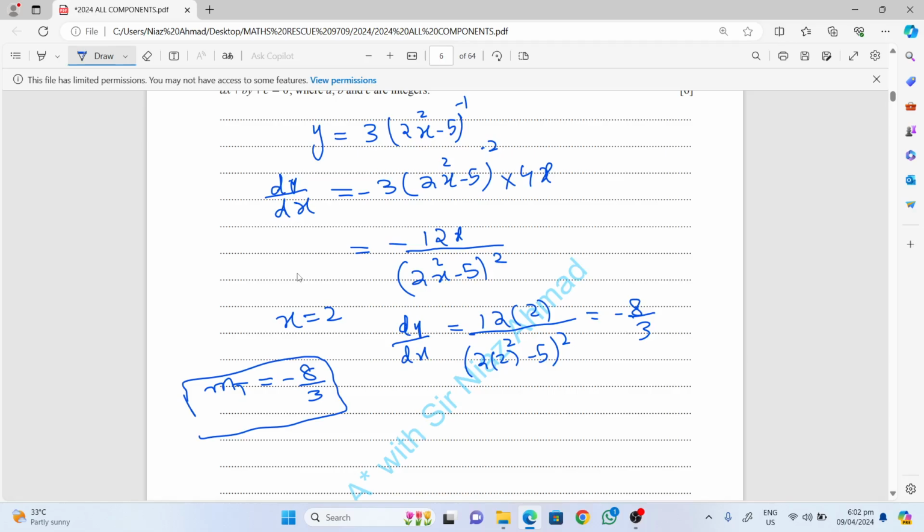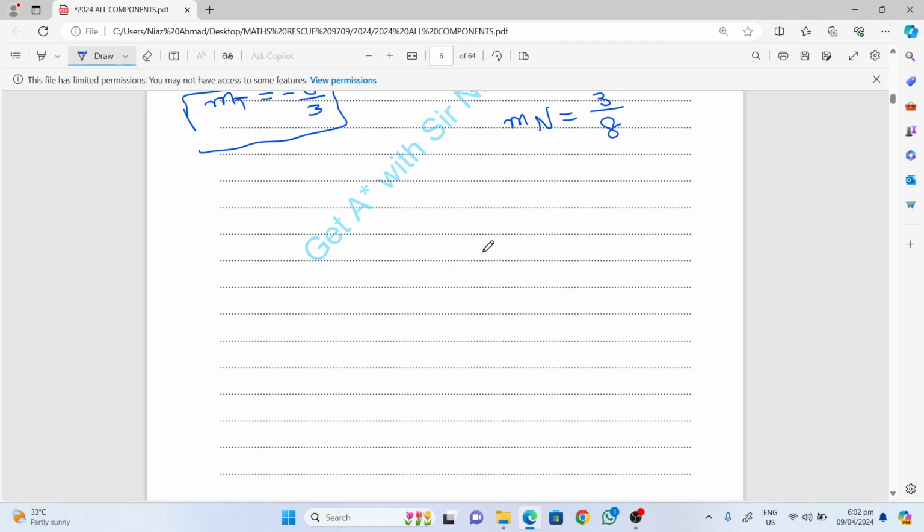For perpendicular, the gradient of the normal would be the negative reciprocal of this, so that would be 3 by 8. To find the equation, we have a point (2, 1) and a gradient, so the equation can be written as y minus y1 equals m into x minus x1. So y minus 1, the gradient is 3 by 8, into x minus x1, and that is 2. If you do cross multiplication, it would be like 8y